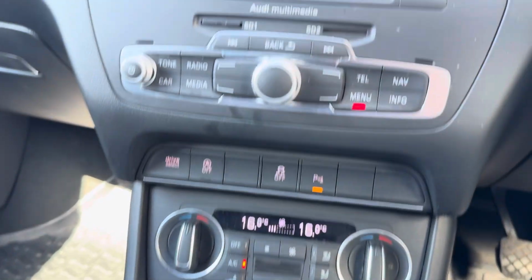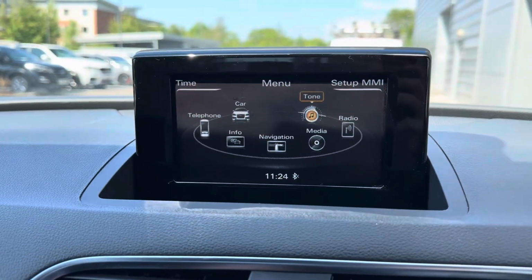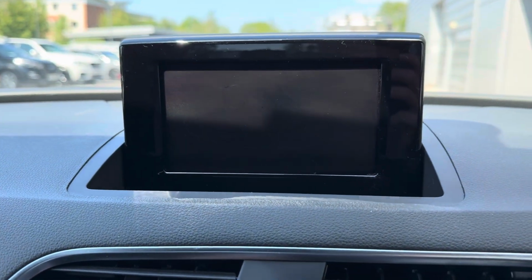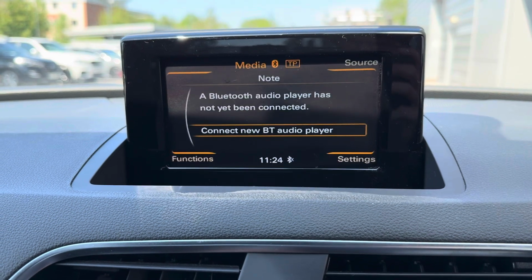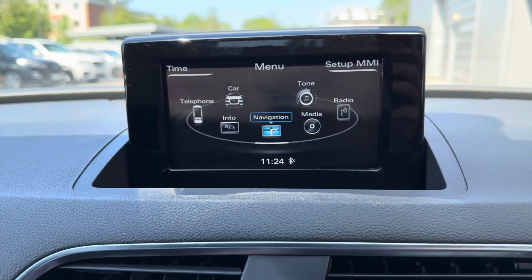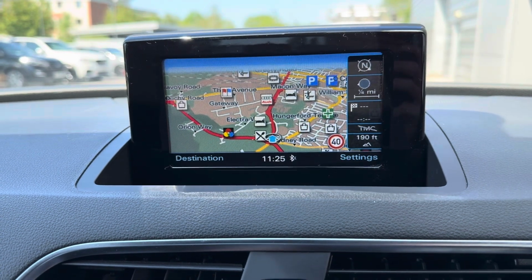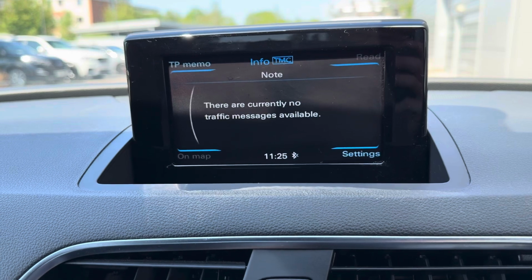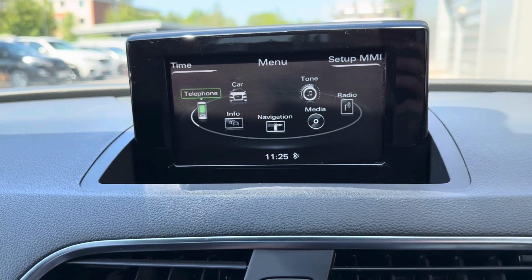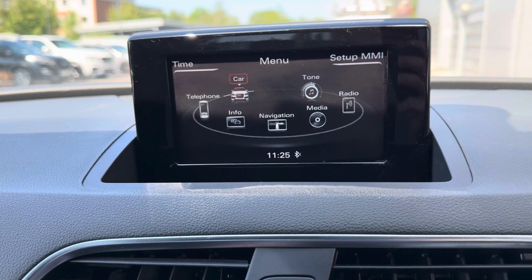On offer is a dual-zone electronic climate control which ensures both you and your front passengers stay comfortable. The infotainment system comes with a console radio and MMI Audi music interface with DAB digital radio, which delivers high-quality audio through 8 passive speakers. You also have access to Bluetooth for hands-free calling and wireless streaming to keep you connected, SD card-based satellite navigation, which makes it easy to plan and follow routes, and full phone connectivity and voice control